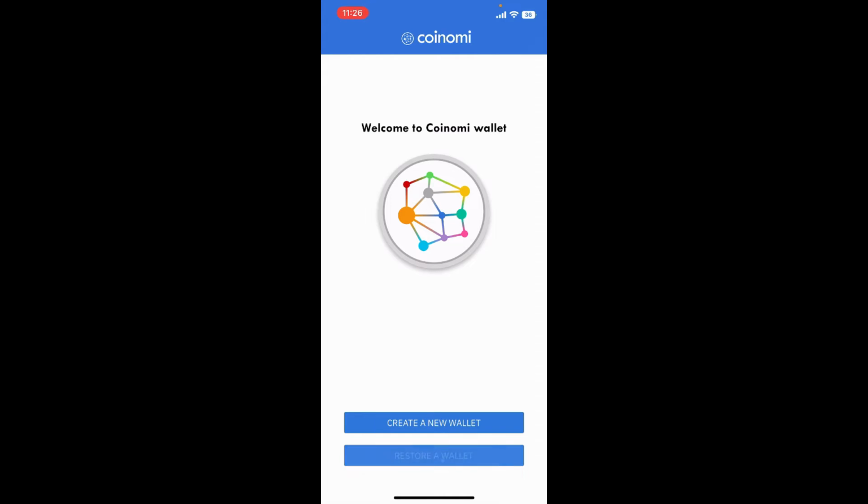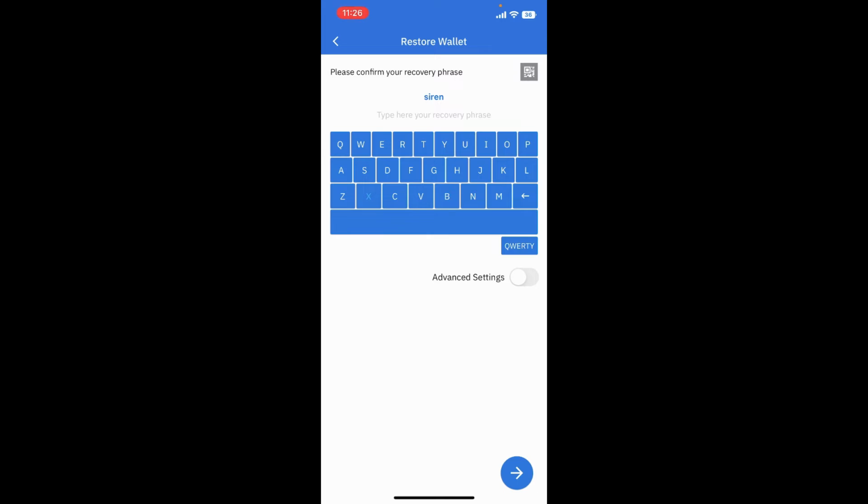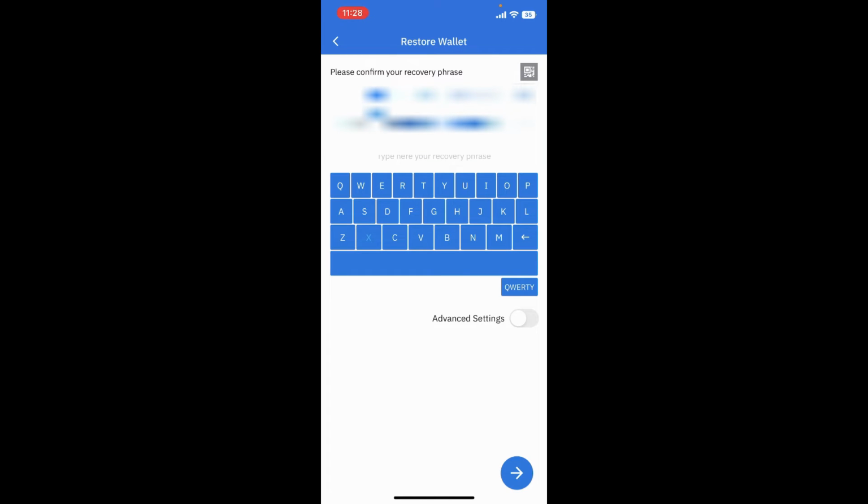on Restore a Wallet. You'll need to have your recovery phrases backed up in order to get access back to your wallet. Go ahead and type in your recovery phrase in the correct order in the text box with the help of this keyboard. Simply type in your recovery phrases in the correct order. Once you type in all of the recovery phrases in the correct order, tap on the next arrow button at